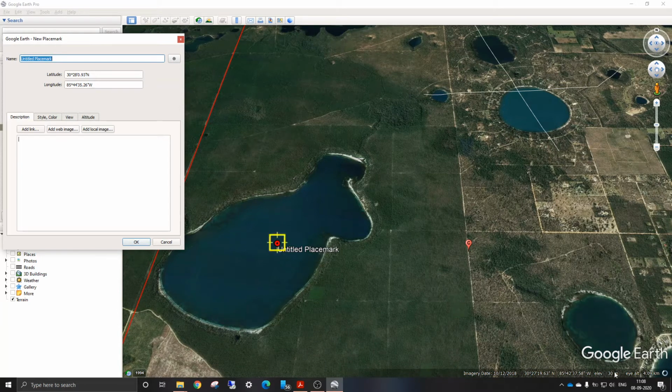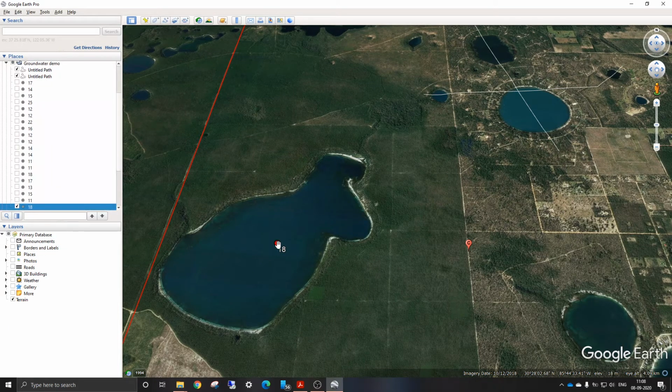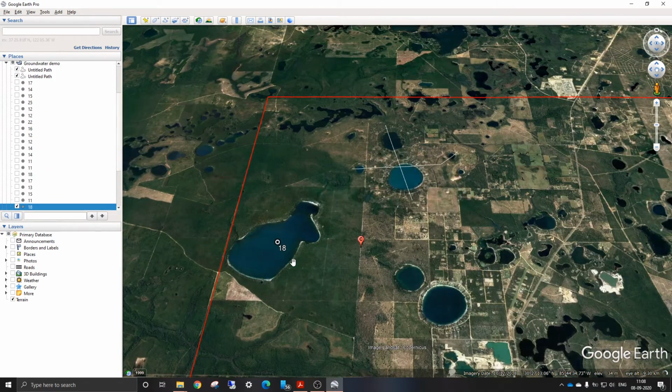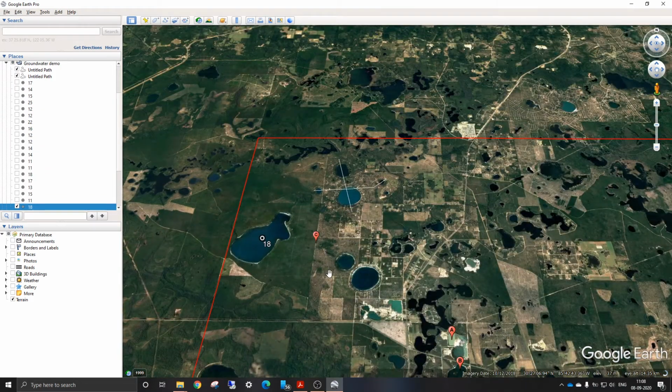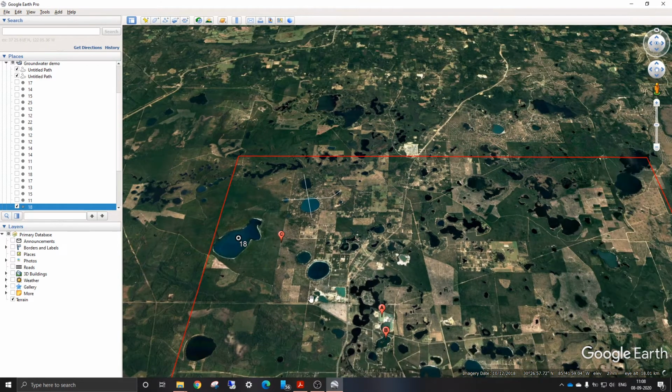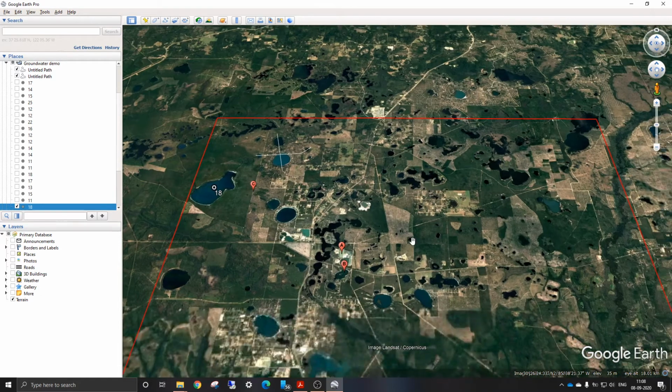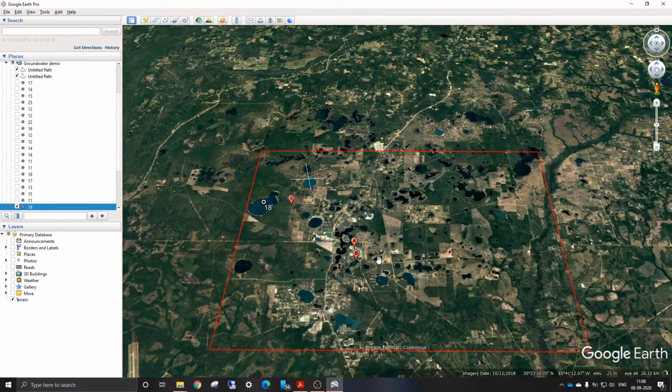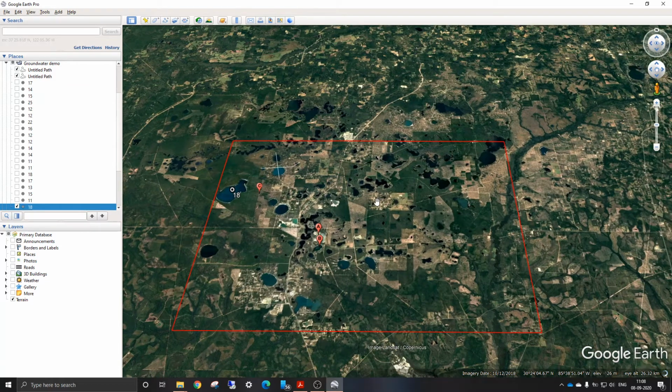You take note of this elevation. Here the elevation is 18 meters, so I will name it as 18. So the water table here is 18. I will mark only those water bodies which represent the sinkholes, and which represent the groundwater table. Likewise, you have to map the whole area and mark it according to the elevation of the water table